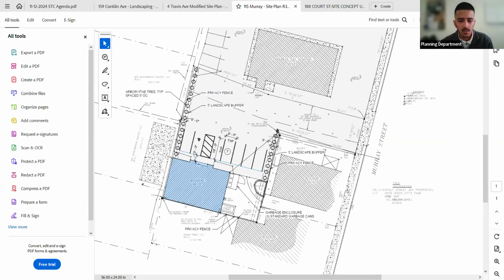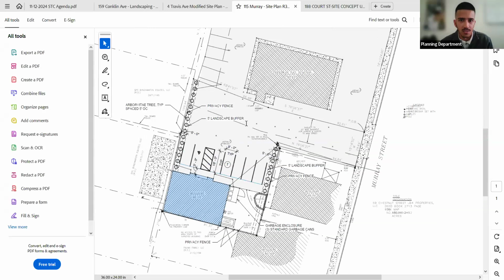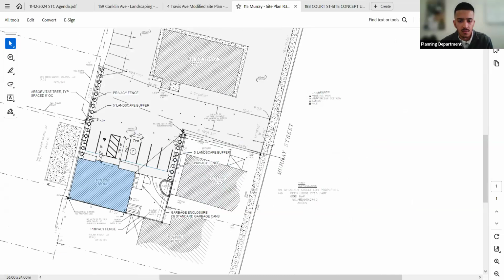So those are ideally two positives. I would say, not saying 188 wasn't positive, it's just that they didn't really implement what you all wanted to see on the site plan. But other than that, 115 Murray and 4 Travis Avenue ideally came through.